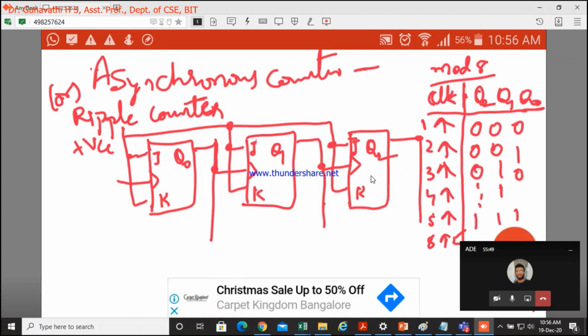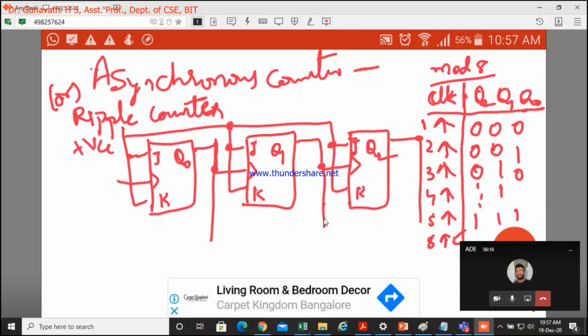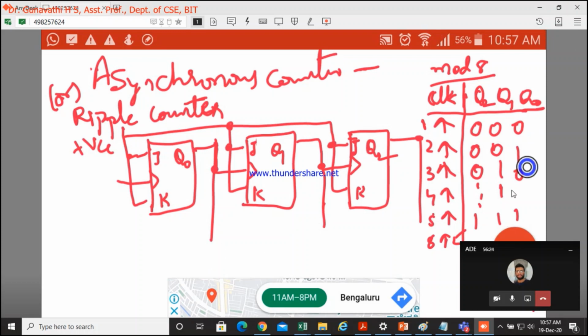Yeah, so that's how it will work. I think it's better if we write negative edge triggered, so it would be better next time. Yeah, it's fine with a positive edge or a negative edge, no problem. So only when the Q1 output varies will we get toggling in the last stage. Otherwise, it will stay with the same state there.